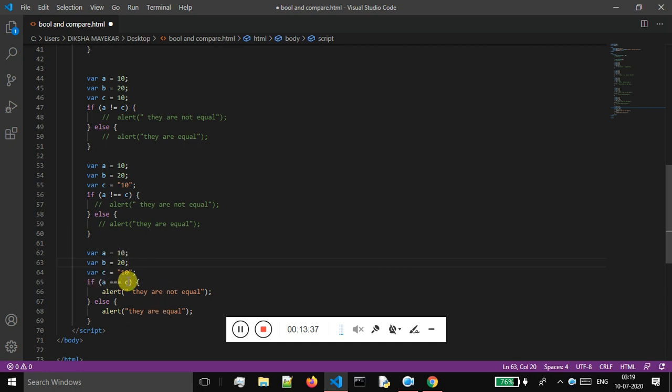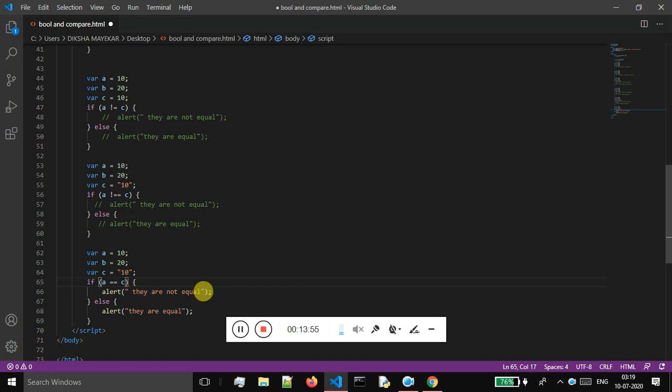Currently a is equal to c because a is having value as 10 and c is having value as 10, and this condition is satisfied, and because of which I will get the value as